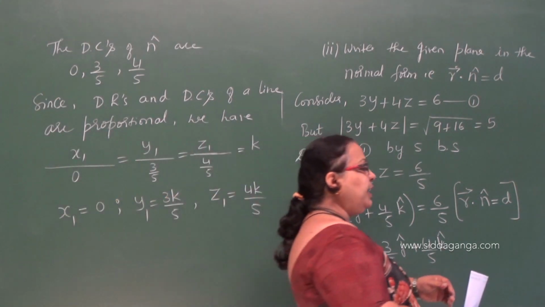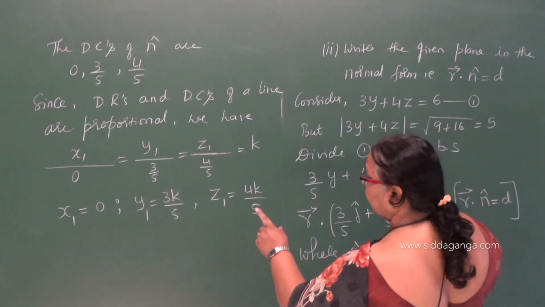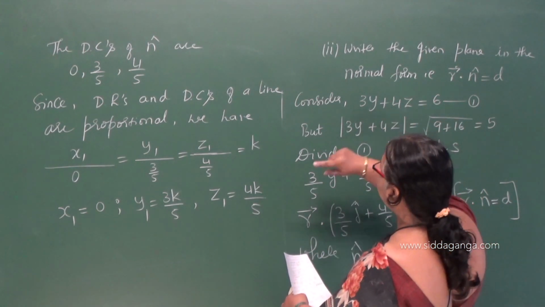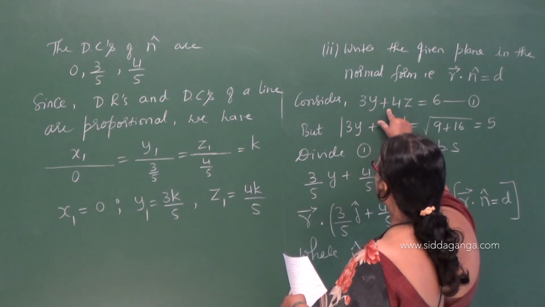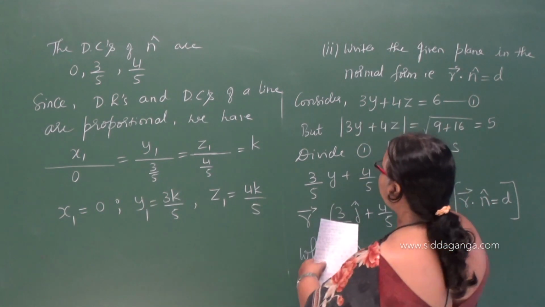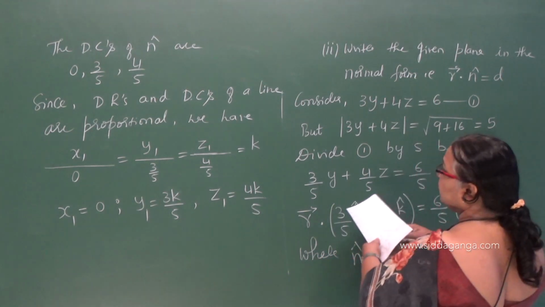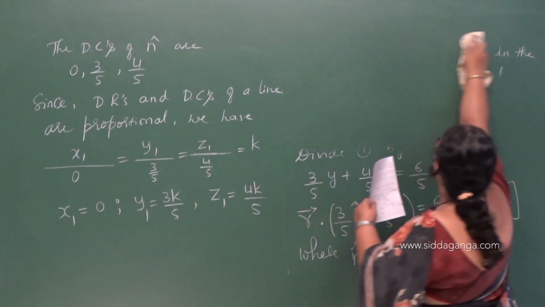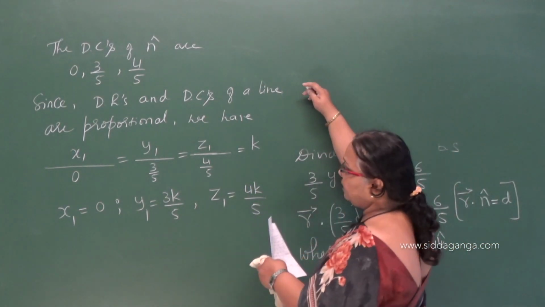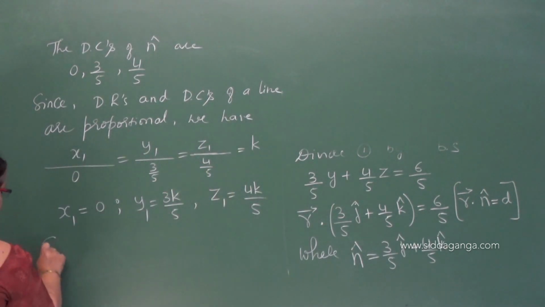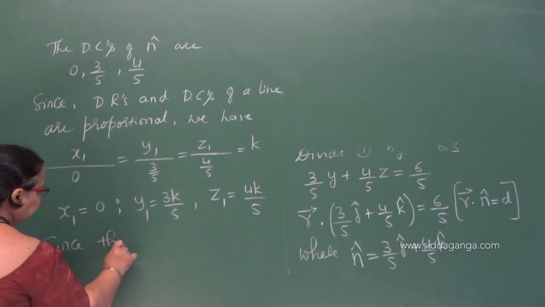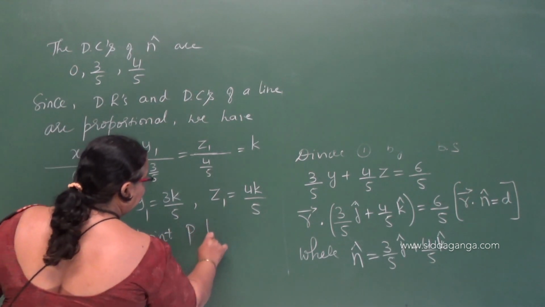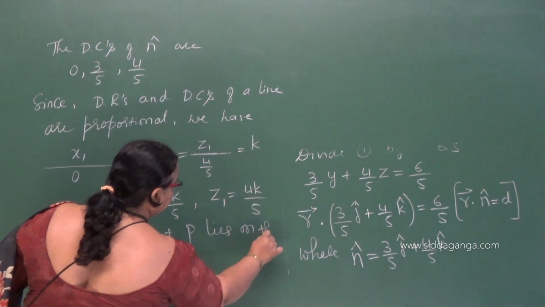So to find the k value, we know that the point P lies on the plane. Since the point lies on the plane, it must satisfy its equation. Let's write it here. Since the point P lies on the plane